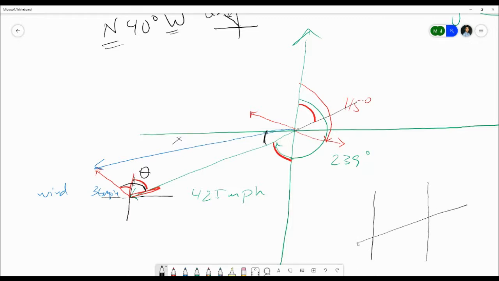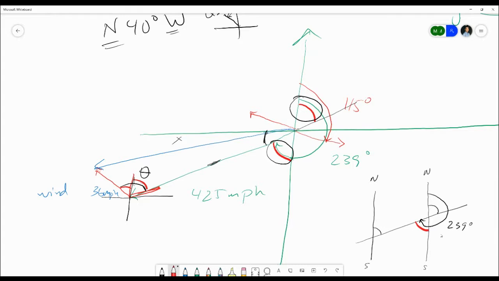All right, so this line right here is the transversal for the magnitude of the airplane, which is the green one right here. This is the due north and south line, and this is the magnitude of that airplane. So this angle that we're looking for is the same as this angle right here, and this angle is this one right here. But that angle is the same thing as this angle right here. And I know what that angle is because what they give us from here to here is 239 degrees. That means I can find out what this angle is right here